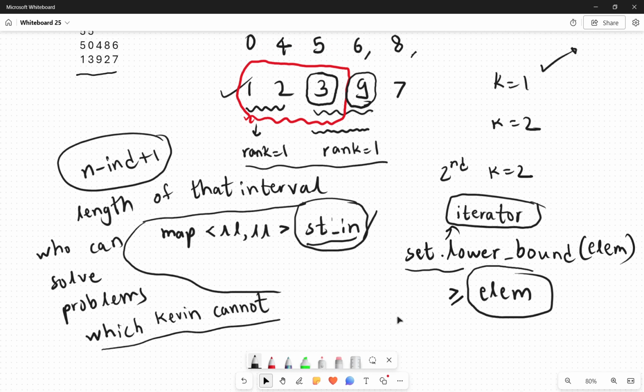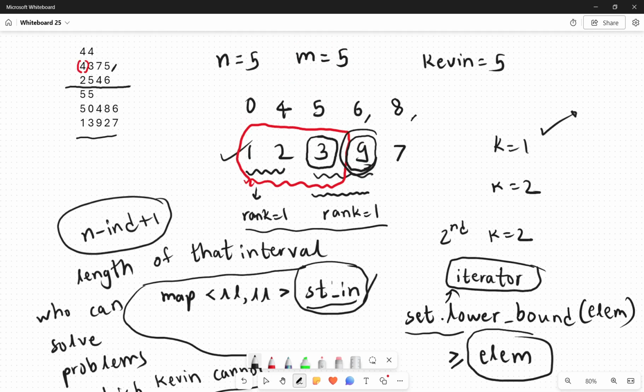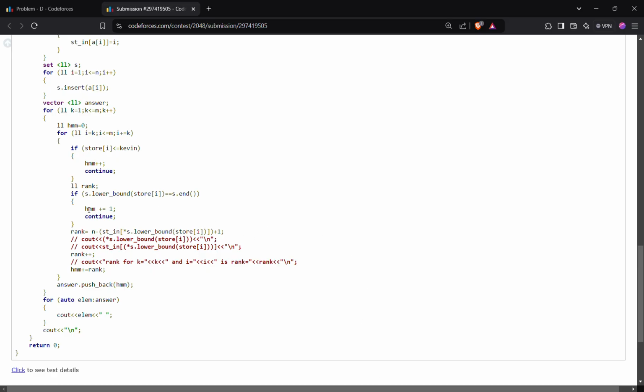So this problem cannot be solved by anyone. Can you see here, this problem cannot be solved by anyone, so it was s dot end here. So here basically his rank will be 1, again as we have seen. That's why HMM plus plus and continue. Otherwise n minus the index of that element plus 1, and rank plus plus for one rank extra,